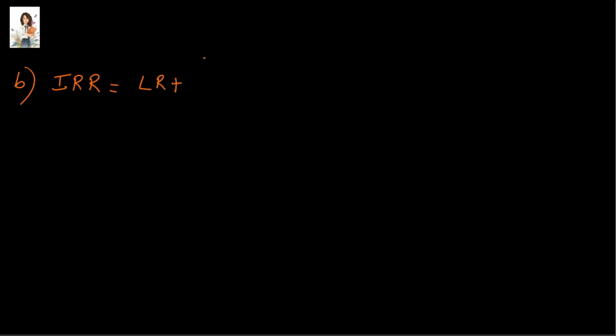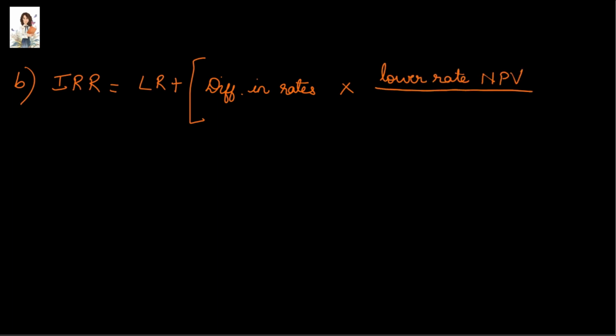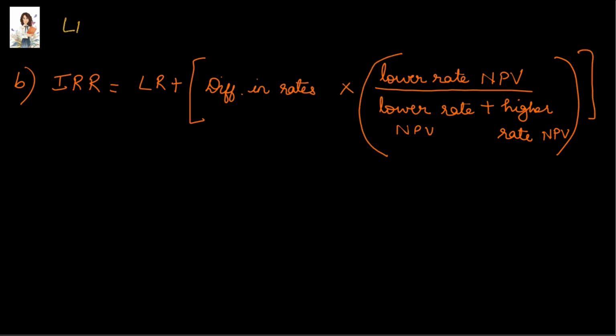Lower rate plus difference in rates multiplied by lower rate NPV upon lower rate NPV plus higher rate NPV. We close the brackets. In our solution, the lower rate is 14% and the higher rate is 20%. So let's insert these values in our formula. IRR is equal to 14 plus difference in rates here would mean 20 minus 14, difference between the two costs